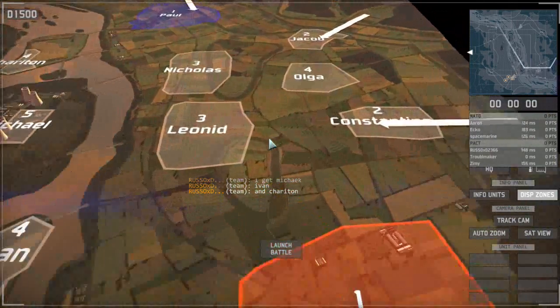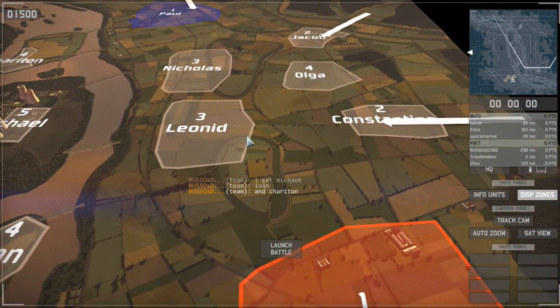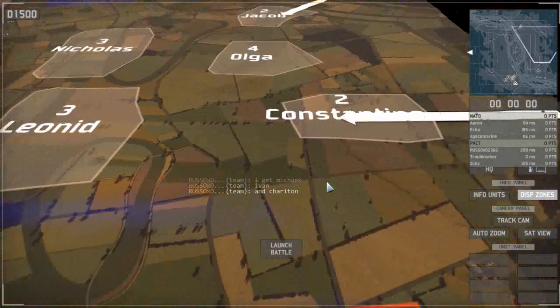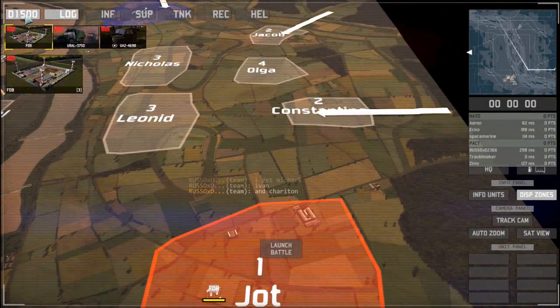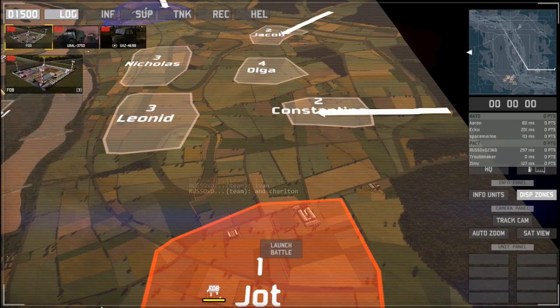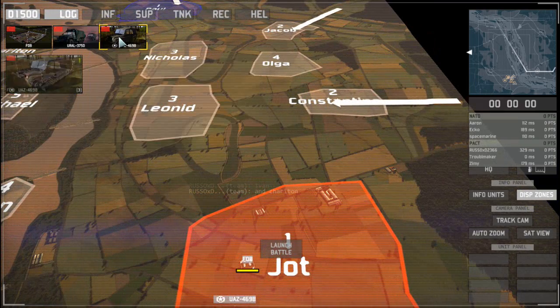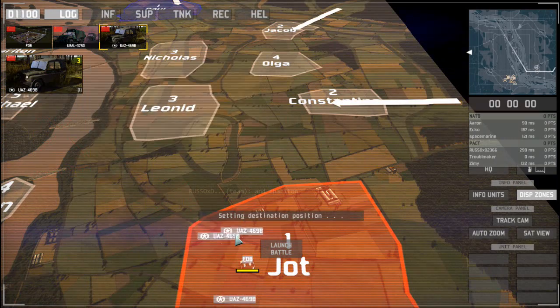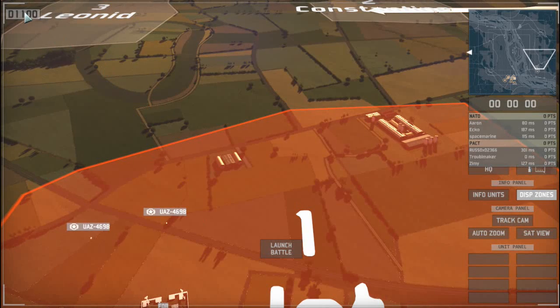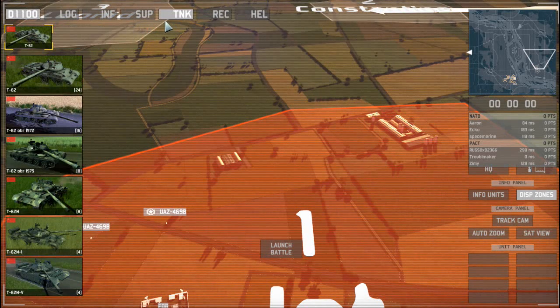So someone's taking Ivan, that's good, and Michael. So I gotta take Leonid and Constantine. I can't take both though, can I? Okay, well, these are big open areas. That's gonna be bad. Right off the bat, we'll need 2 of these guys. Have my one holding there, and I will need